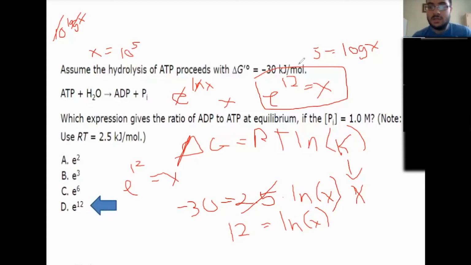right? In order to cancel out an ln or a log, just do the opposite operation, just like if you were multiplying, you would just do division. If you're doing ln x, just do the opposite operation, which is e, or in the case of a regular log, 10 to the power. And then you can cancel out this. You're just left with x equals e to the 12th. Does that make sense? Does anybody want any more clarification?